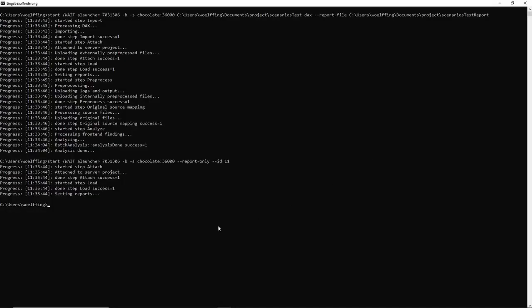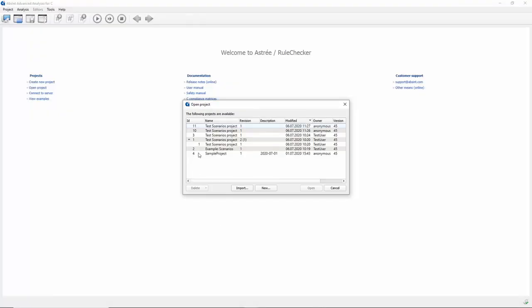If you have projects with several revisions, you can also add --revision to our command here. So I will add --revision and specify which revision to use. Back in the client, I have this project here, which has 2 revisions with a project ID 1, and I'll take the second revision,